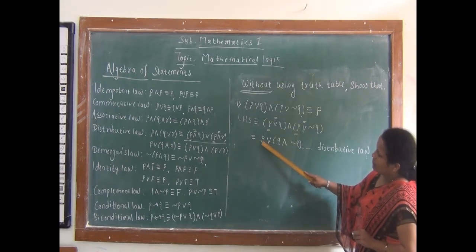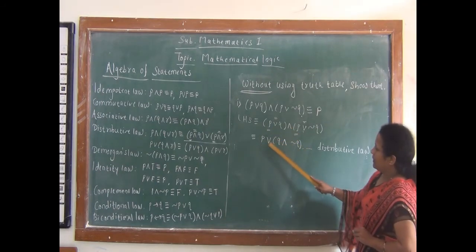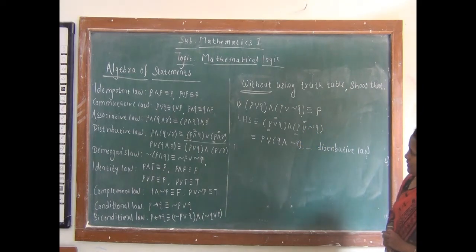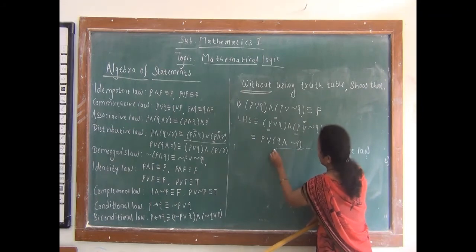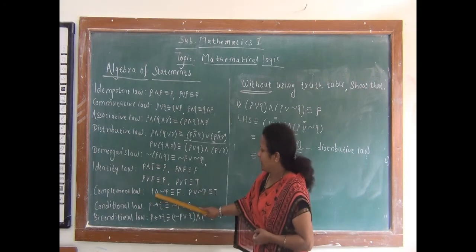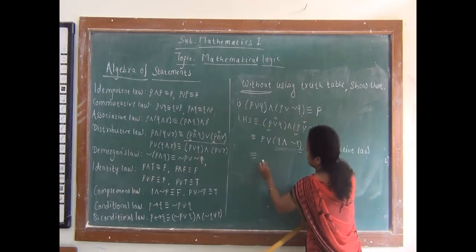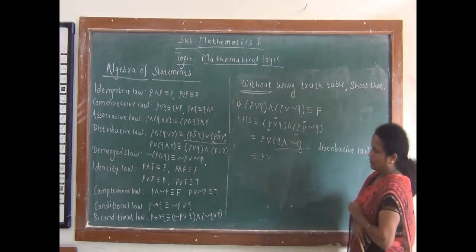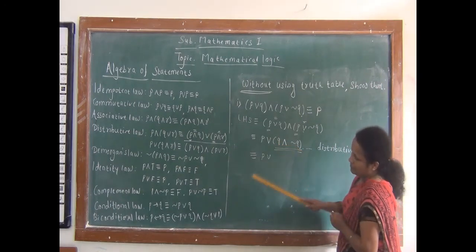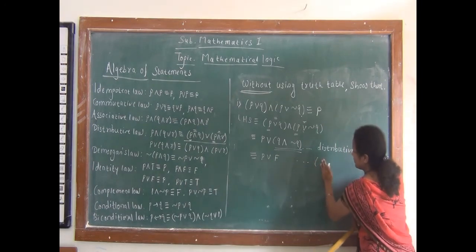You can check your distributive law. If we simplify this (P or Q) and (P or negation Q), you can check your distributive law by two ways. And now for this bracket, we use our complement law, that is P and negation P is equivalent to F. We use this law for statement Q. So this gives P or, and our law tells us Q and negation Q is equivalent to F. So the reason here is complement law.